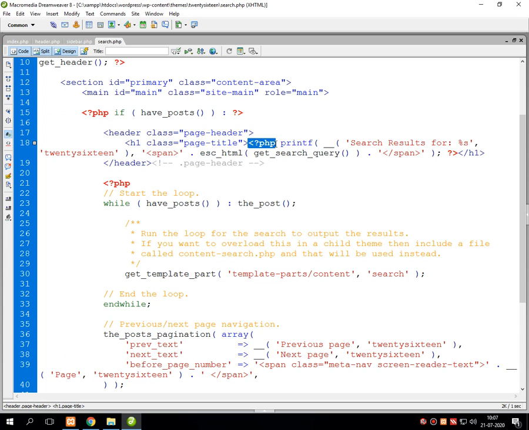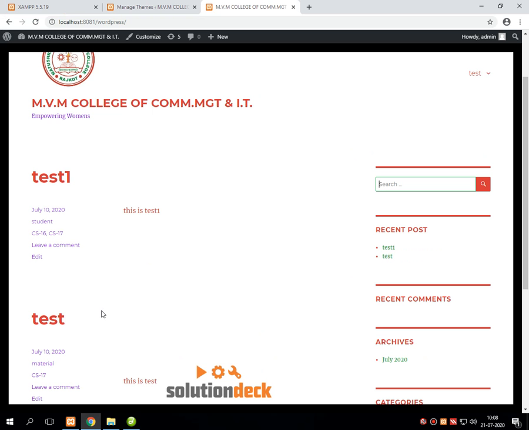Then there is a usage of a special function which is called printf. Into the printf statement, I have constructed a text, that is, in single inverted commas, 'Search results for %s'. That means it displays how many posts are relevantly found for this particular